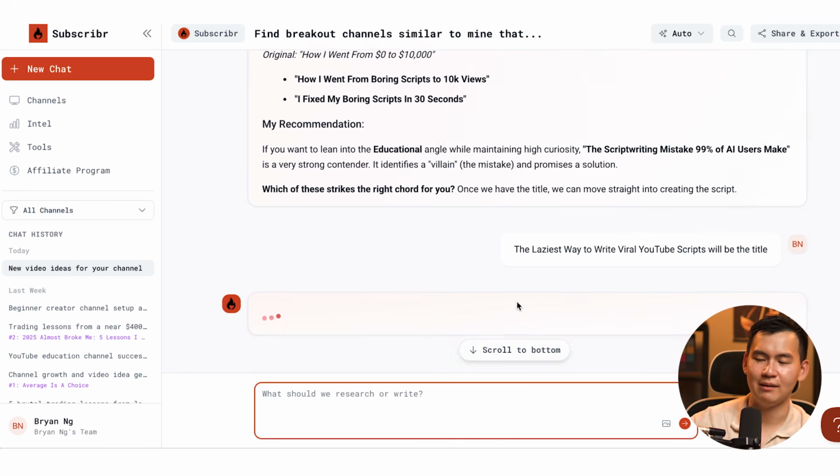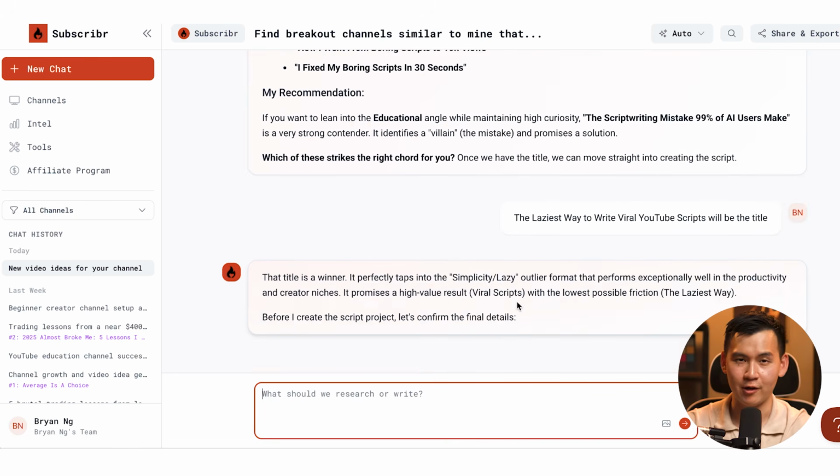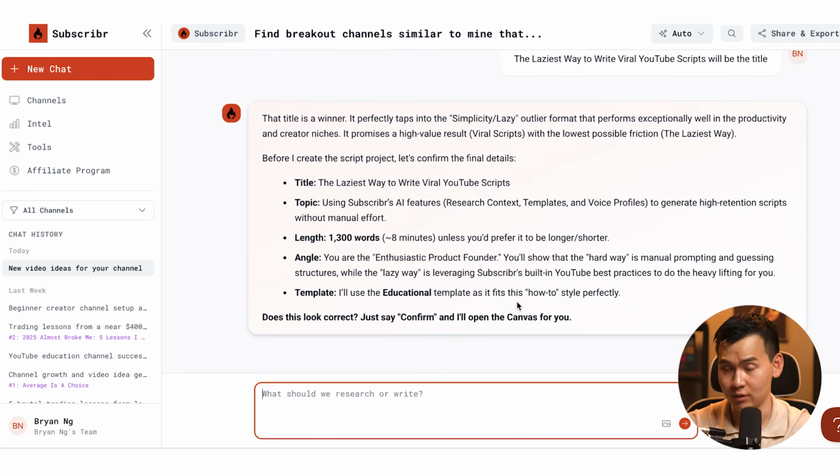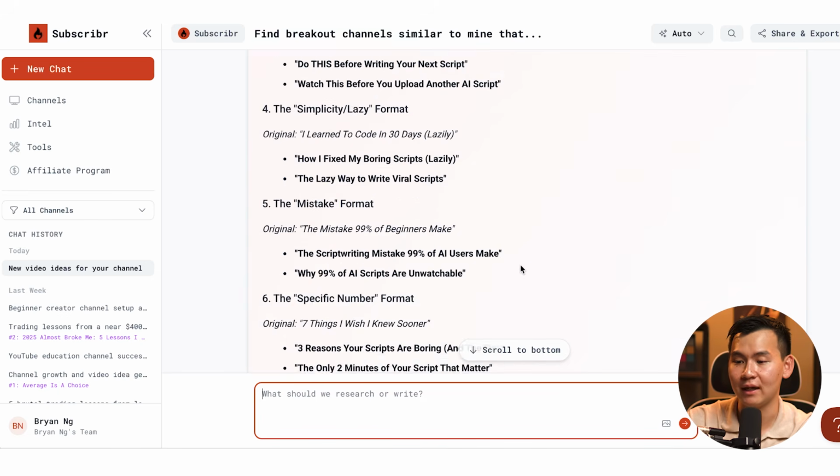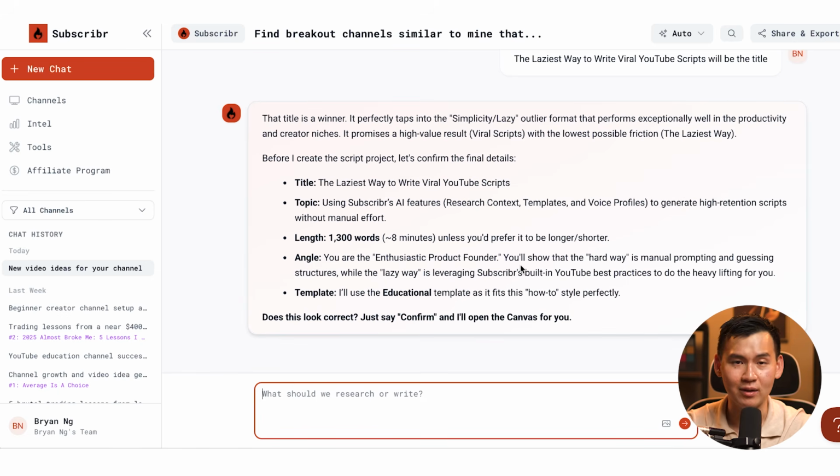And just like that, right, maybe the first couple outputs wasn't very good, right? I have a pretty high standard in terms of the ideas. So I like to keep going until I found a title that I really like, or I have a couple title variations just from me prompting it back and forth a little bit. And once again, right, this is trained on all of the viral YouTube formats, and that's why it's able to give an output like this. So that's how you generate viral ideas, right? Once again, you can go back and forth with a chatbot like this until you get a viral idea that you're happy with, and then you can decide what to do from there.